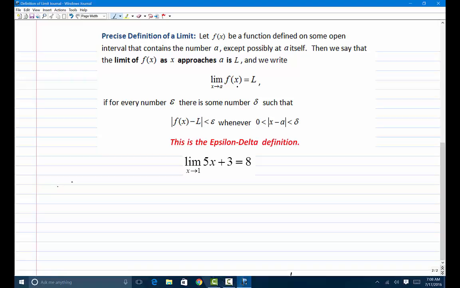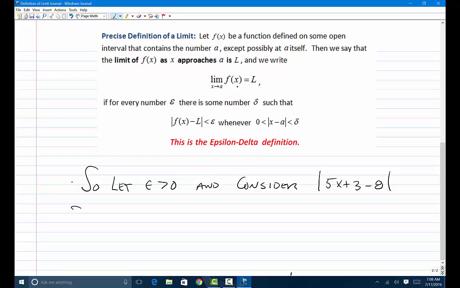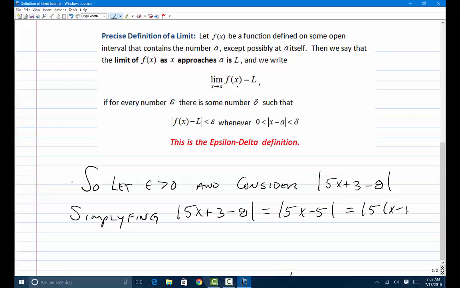Now, to prove that the limit of 5x plus 3 as x approaches 1 is equal to 8, we must choose epsilon and find delta. So let epsilon be greater than 0. And consider the absolute value of 5x plus 3 minus 8. Simplifying, the absolute value of 5x plus 3 minus 8 equals the absolute value of 5x minus 5, which is equal to the absolute value of 5 times x minus 1,